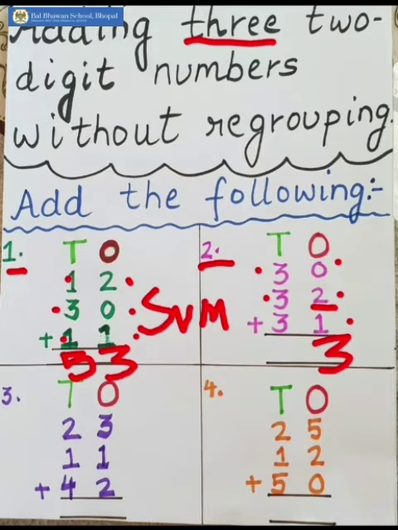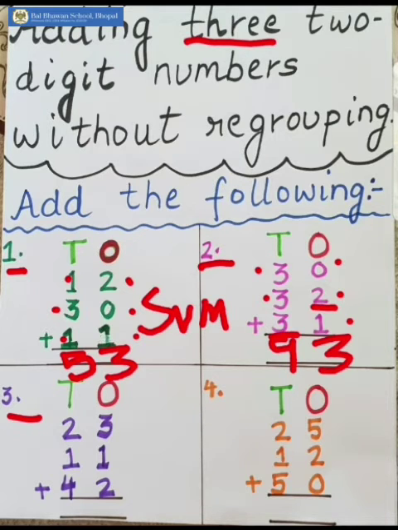Now we are going to add the next or the last digit with this 6. So the next digit is again 3. So keep 6 in your mind and count again 3 times on your finger after 6. That is 7, 8 and 9. Now what you get? Yes, 9. And what is the sum? What is the total? Yes, it is 93. Sum you know very well. The answer which you get after addition, that is called sum or total.